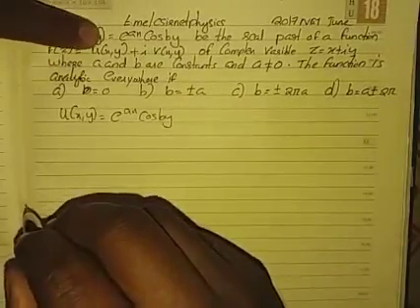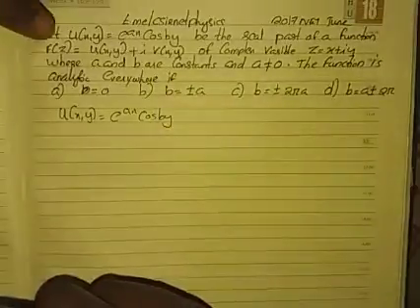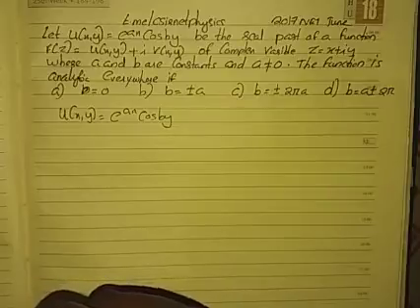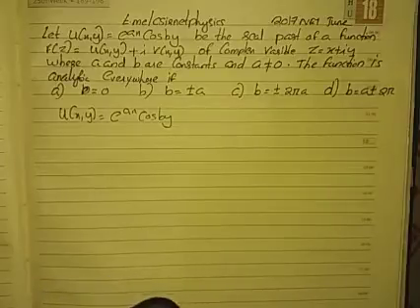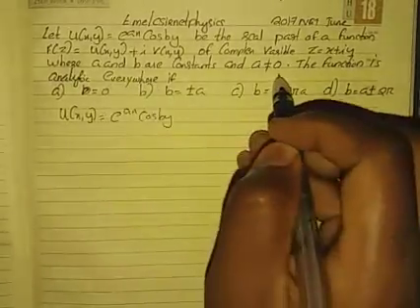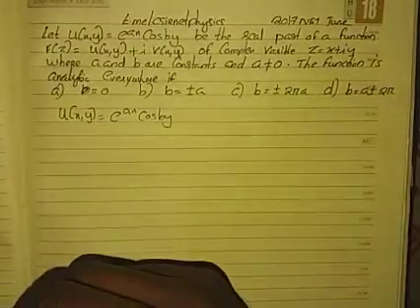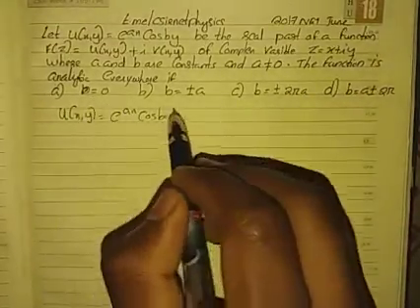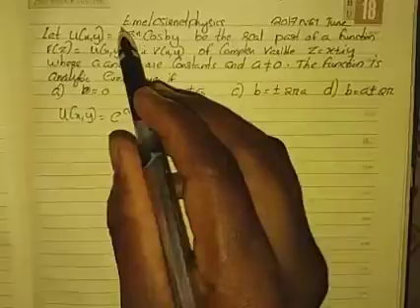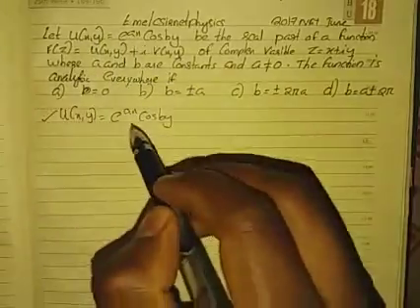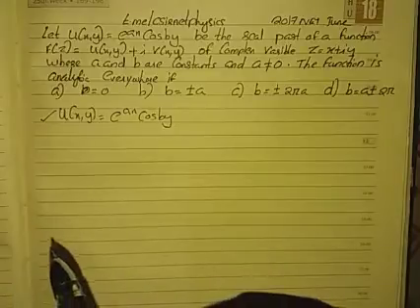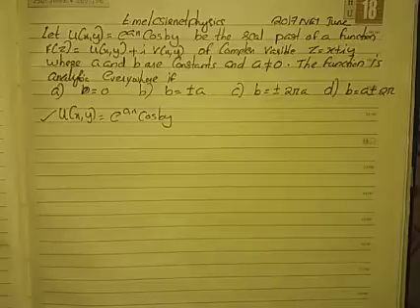Real part is u of x y and imaginary part is v of x y, which correspondingly give us u plus iv, where the complex variable is z equal to x plus iy. Here a and b are constants and a is not equal to 0. In that case, we need to find out which condition makes this function, whose real part is given here with another imaginary part, combinedly give us an analytic function in the whole plane. That's what we need to find out.